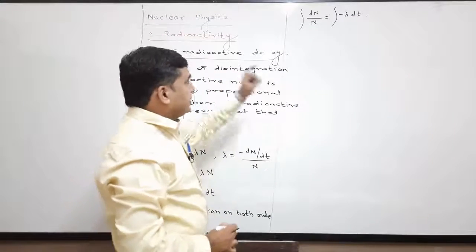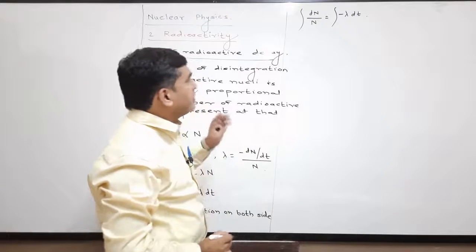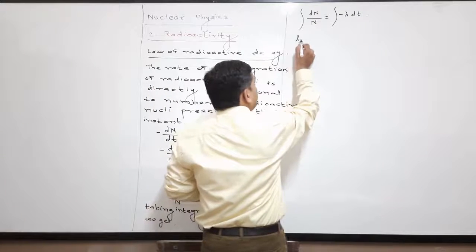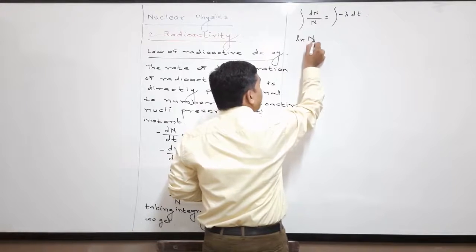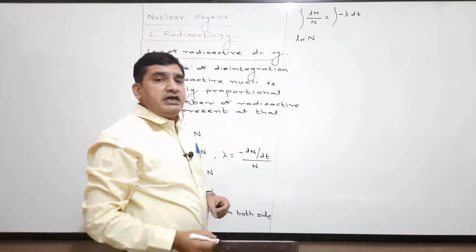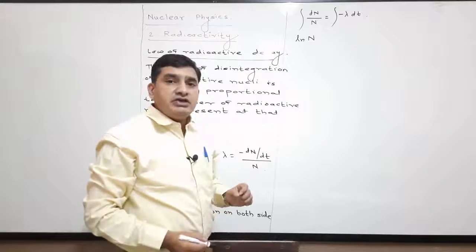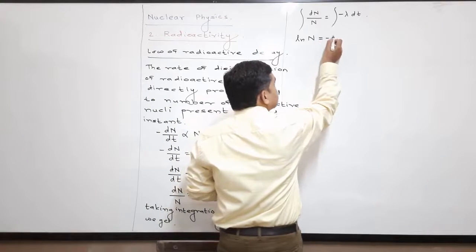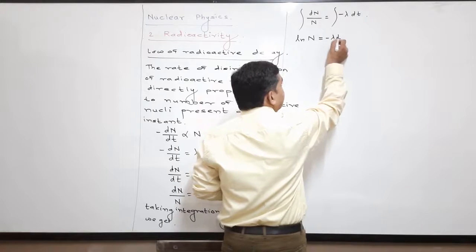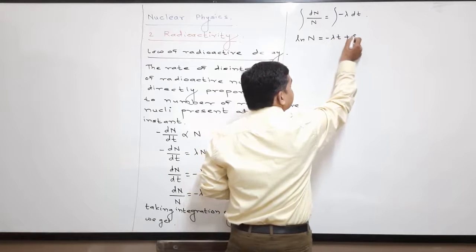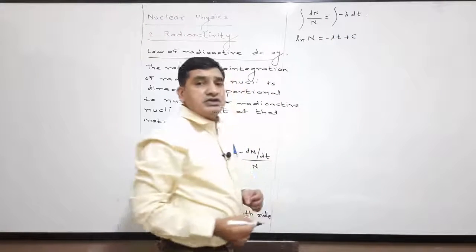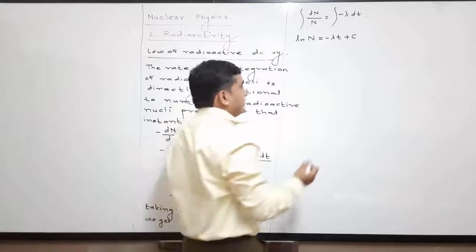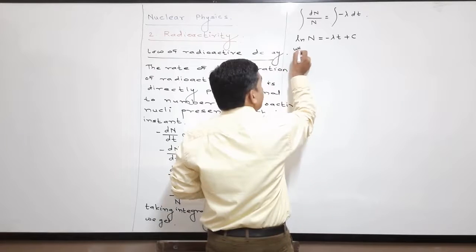Here the integration of dN upon N is ln of N, and the integration of minus lambda into dt is minus lambda into t plus c,